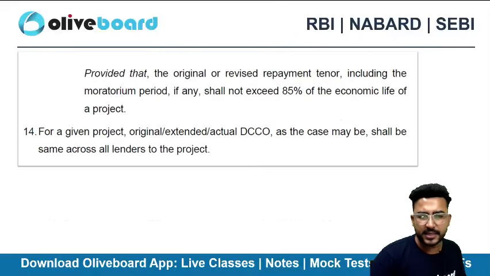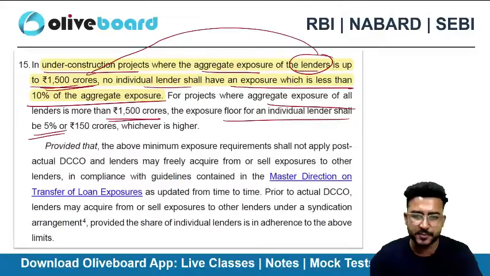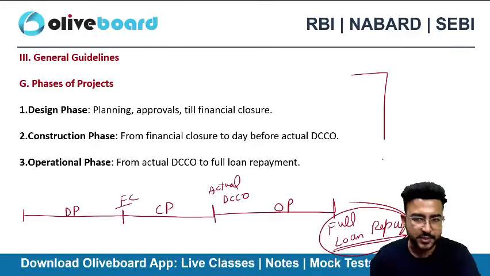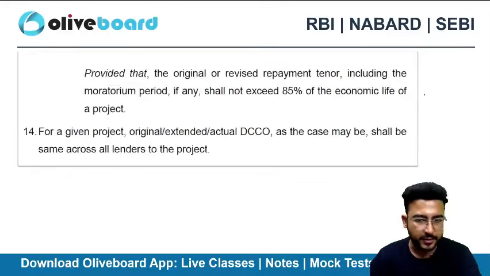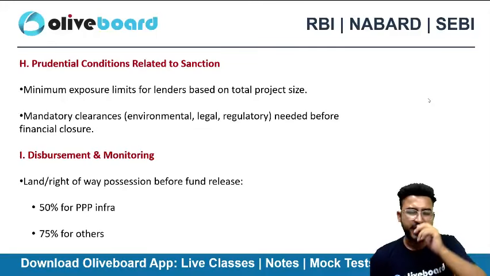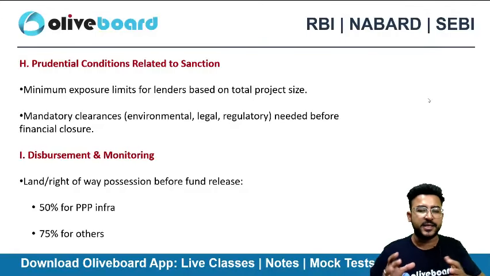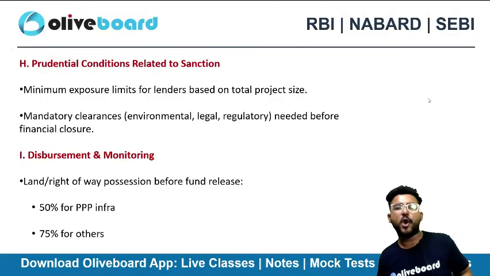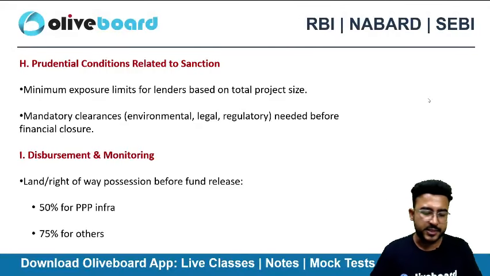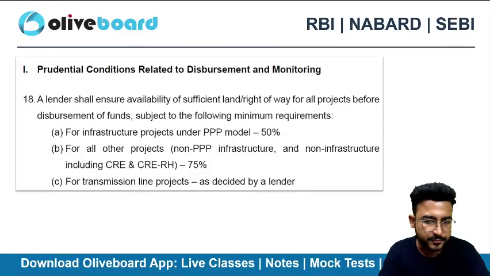Right, so there are certain limits here in this particular circular that you need to remember, like this particular limit, these particular phases of the projects, right? Now I know it's a complex circular, and project finance in itself is quite complex. Why? Because project finances are basically huge projects, right? They are long-term projects and they require a lot of money. That's why there is a particular direction governing the project finance.